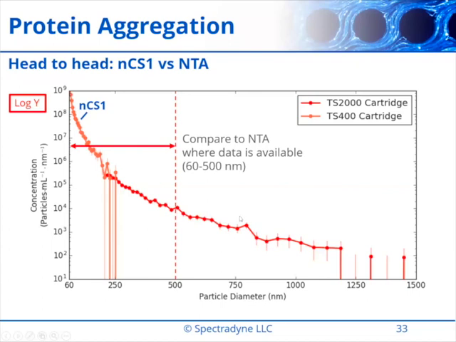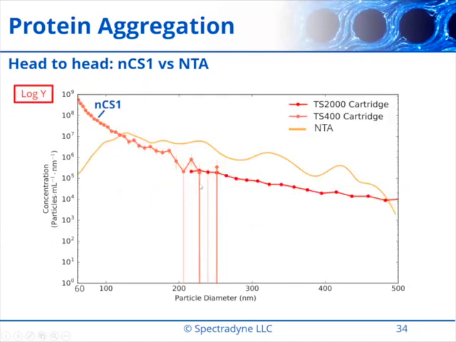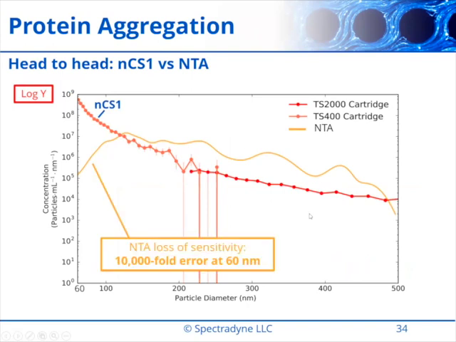So this is the expanded view. Again, our data is in the red and orange color. The NTA data is this yellowish trace. So first, you have to be careful. The NTA shows a loss of sensitivity below 100, 120 nanometers. If you didn't have our comparison data, then you may conclude that the data is good down to 60 nanometers